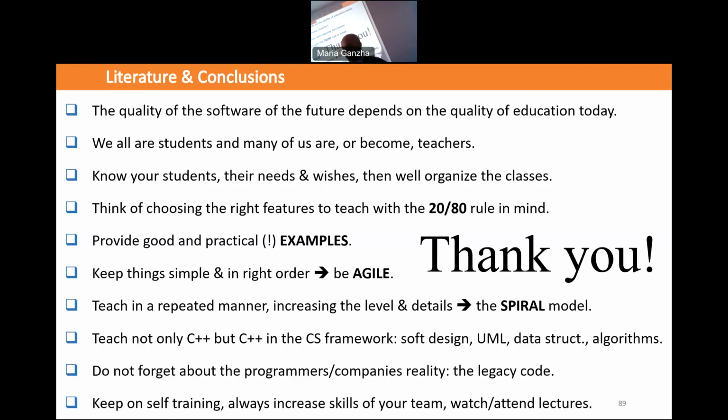Because this is why I mentioned this takeoff, this start is very important. If the students catch this wind in the sails, then they will go with smart ideas, good examples. This is why I repeated many times, know your students, because then you can aim at their needs. Teach by examples. Yes, the only way, like teaching a foreign language.